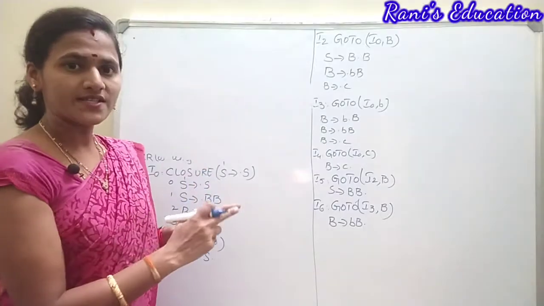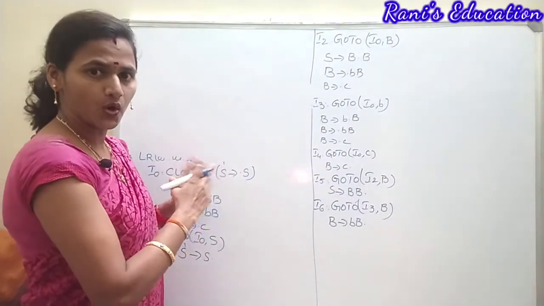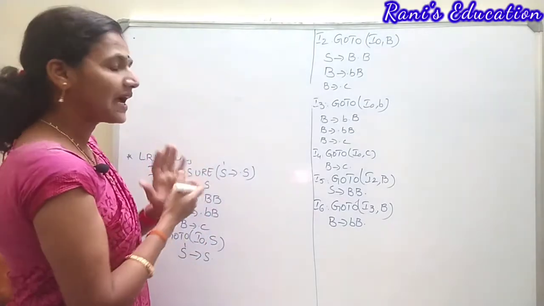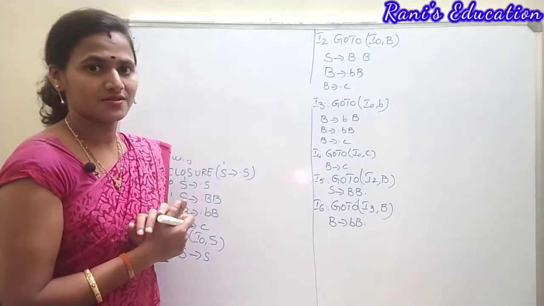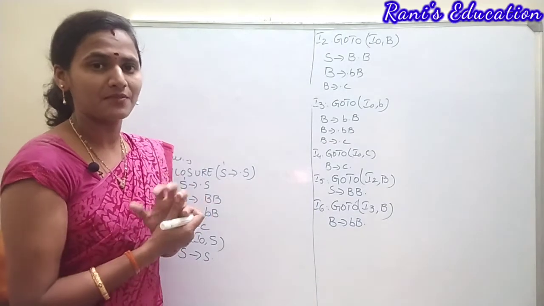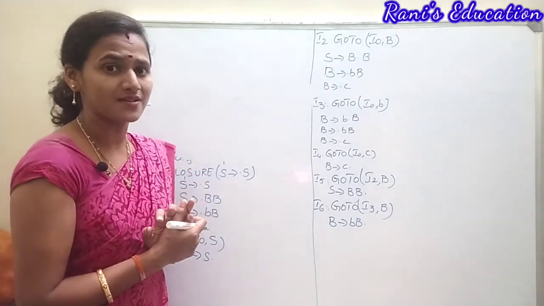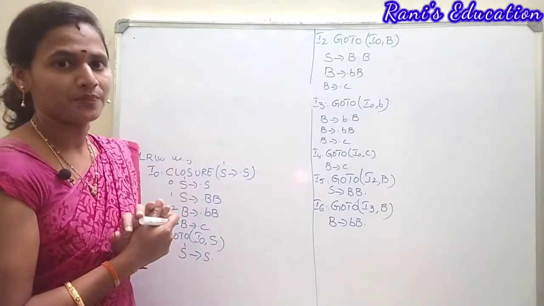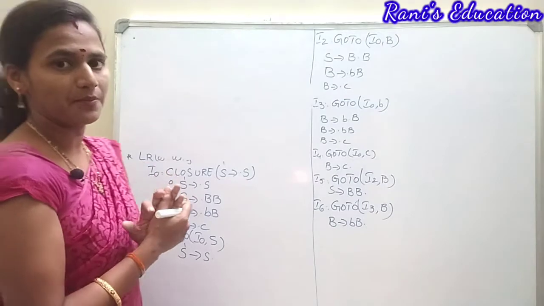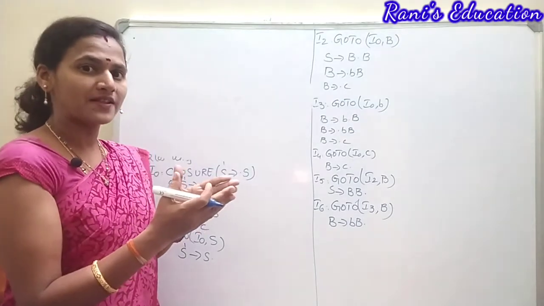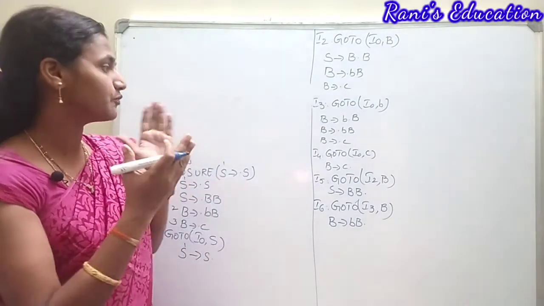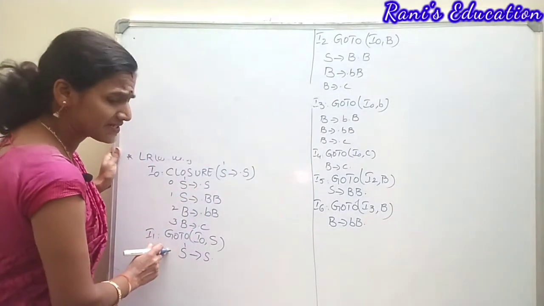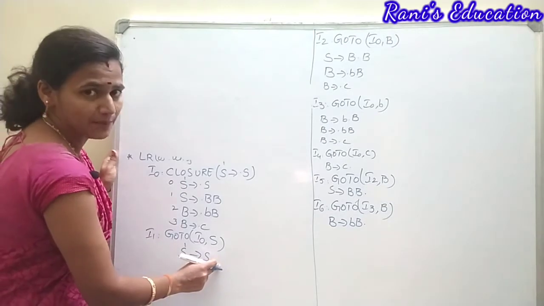Right? So once we have completed all the productions by creating individual item sets, now we have to give the reduction numbers. Where a particular production is completed, for that we are going to take a reduction number. And one more thing we have to remember: where are we going to apply the shift action, what about reduction, and what about the accept? Okay. So here in the first item, I1, the production is completed.